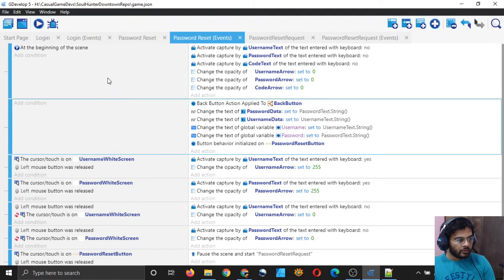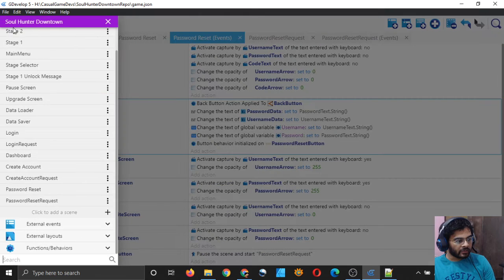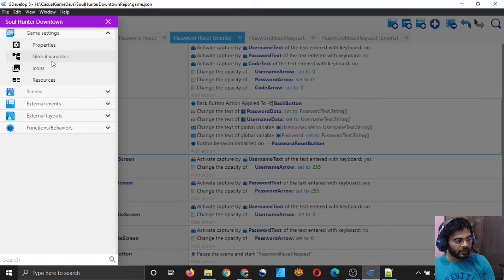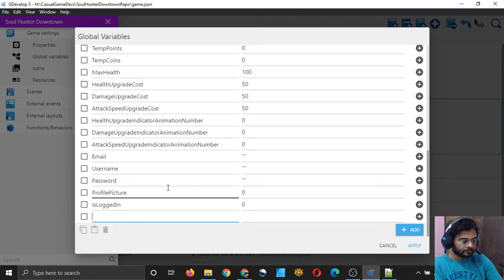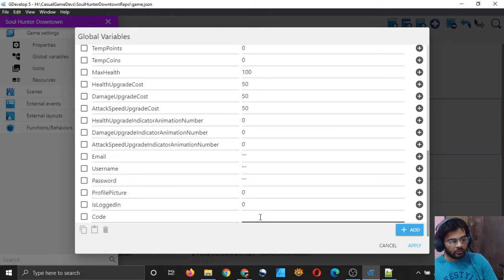Whenever you add a global variable, you should also try to save it, which will be a good practice. It's not necessary to save the code variable, but we will just do it just to keep everything symmetrical and orderly. So I will go to my project manager and I will go to game settings and global variables. I will create a new global variable and I will call it code, and the code will be a string, right now it will be empty.